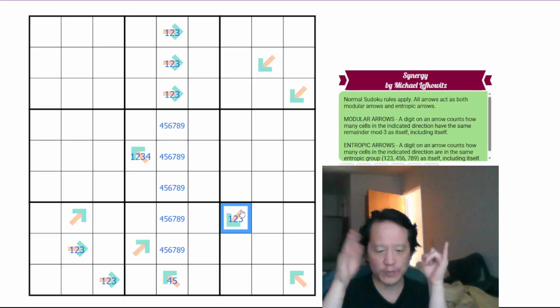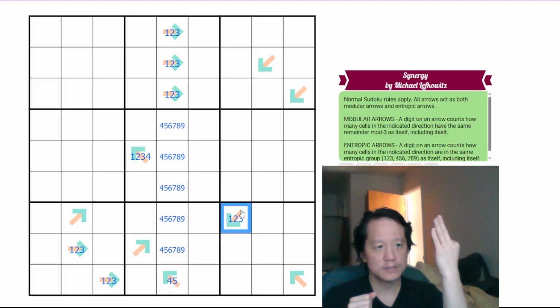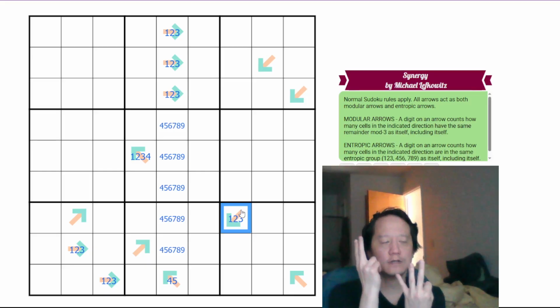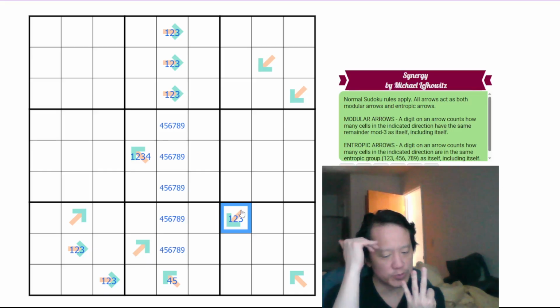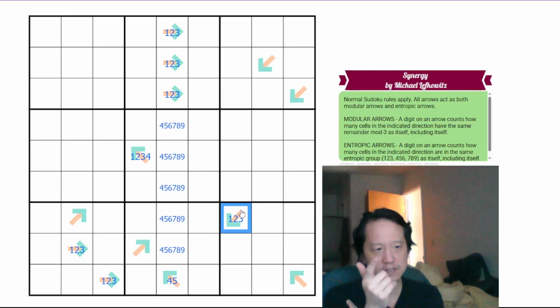8 would have to point at 8 digits, which are 2 mod 3, so that's 2, 5, and 8. And they would also have to point at 8 digits, which are entropically the same set, which would be 7, 8, and 9. The only overlap is the 8. So that means you have 8 digits